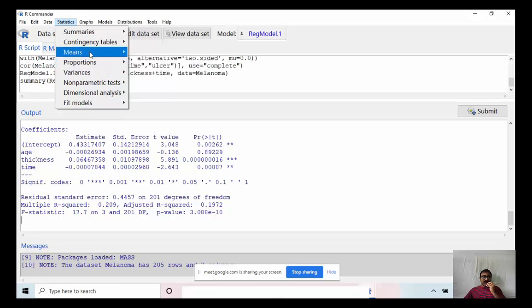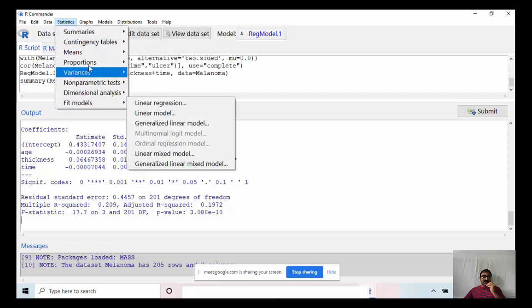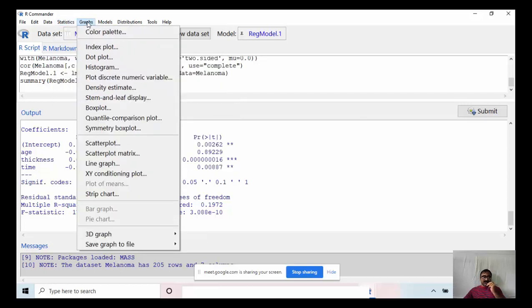Then you can also produce different graphs. There is an option for graphs here, and once you click on graphs, there are so many options, different types of graphs. So you can select a graph of your choice according to your analysis.